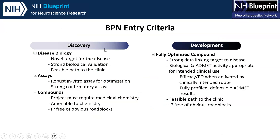We talk about entry points, whether it's discovery or development, as I said. Medicinal chemistry, if you're still doing optimization work, you're in the discovery phase. But I will say almost nobody comes in truly in the development phase, if you look at our milestones. Most people are coming in, if they're doing optimization, they're clearly discovery. If they're coming in development, they're most typically at the end of lead optimization, where they're not asking for any more optimization work, but they are asking for things like dose range finding tox or additional PK work in large animals or any number of things that we would normally have by the time we say it's a development candidate,